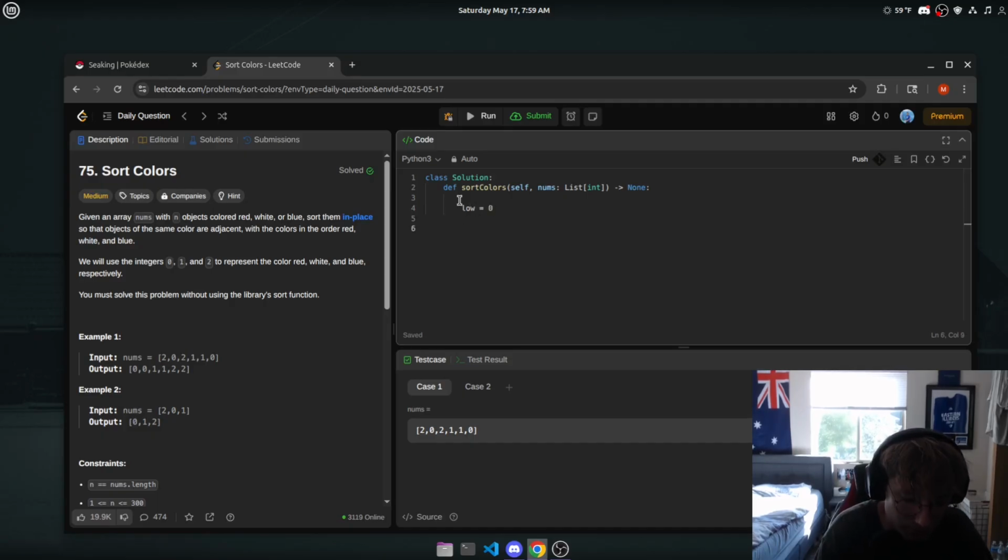So low is equal to 0. Let's loop through our list. So for color in range length nums, we loop through. Let's take our left pointer. Sorry, let's do a right pointer here. Can we use a for loop? If we loop from